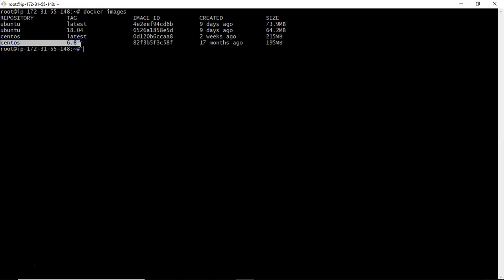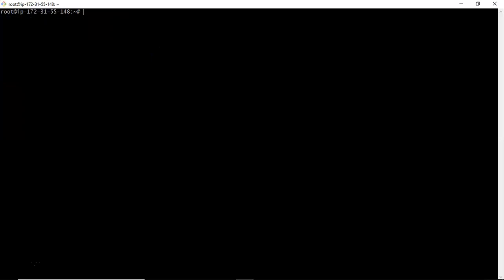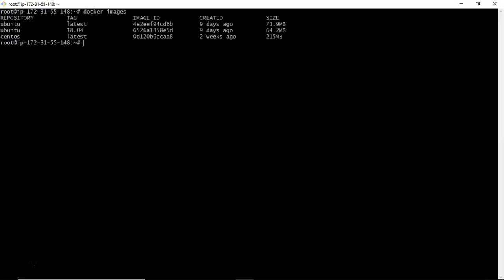And one more thing, to create a container you don't need to download or pull your image. If you directly run the docker run command with your required image, and that image is there on your Docker host, it will use that. Otherwise, it will automatically pull it from Docker Hub. I will do one thing. Let me remove one Docker image, this image ID I am removing. Now, as you can see, your images are 3.